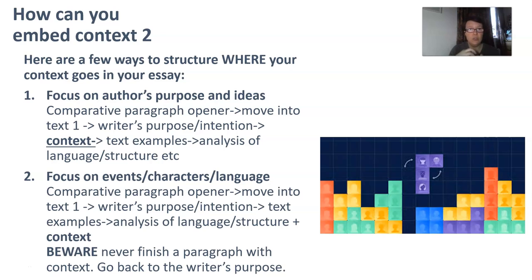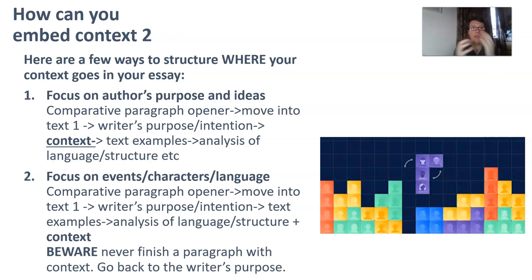And then you go into your textual examples, and we've talked in the last video about how you can embed those. So that idea that you can name check them, and then you add your quotation that you're going to use, and then you go into your AO2 signposted analysis. So this is where I'm talking about what the writer's purpose is. Here's my comparative idea. Here's the second part of your comparative sentence opener, where you've said, in The Handmaid's Tale, Atwood does this, whereas in Frankenstein,